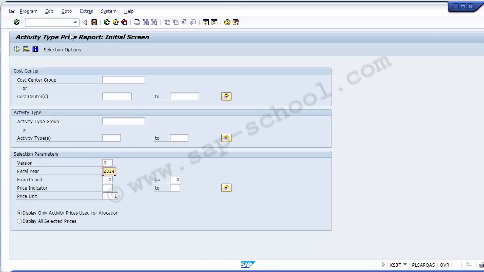Then moving down, you need to put the fiscal year and assign the period from and to. Suppose I take the period over here as 1 to 12 for the whole fiscal year. The price unit, you can put as blank, and you can put the price indicator as blank. Then you can select over here display only activity price used for allocation. So I want to see what are the different activity prices assigned to the cost center that need to be